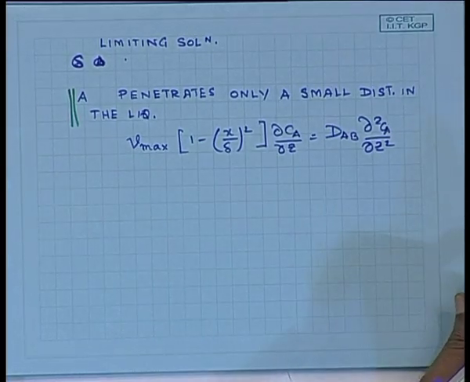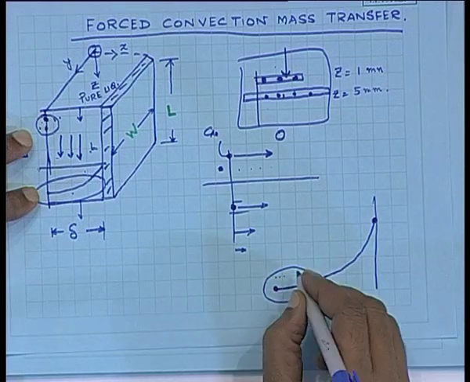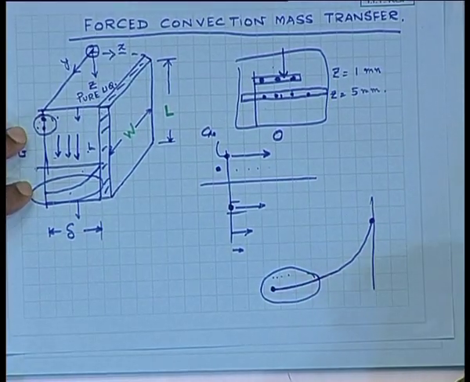Would you be able to tell me what is going to be the advantage of making this assumption? A penetrates only a small distance in the liquid. You remember the velocity profile which I have drawn over here? This is the velocity profile. If this is the velocity profile, and if we know that the molecules are only penetrating a small distance in the liquid,